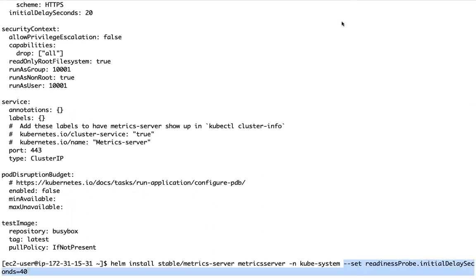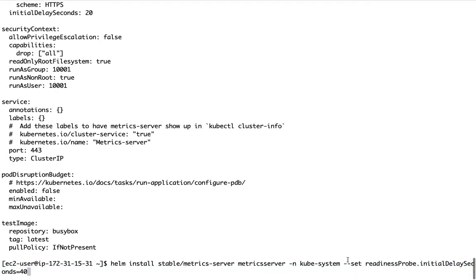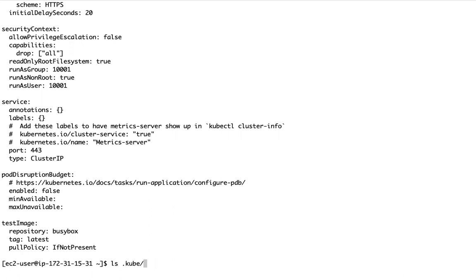If you want to customize a lot of values, if you don't want to pass something like this, what can you do? You can get those values, something like this. I can get those values file, something like this.